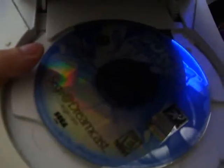and inside, of course, is Sonic Adventure, the game that came with it, or the game that helped introduce it. Now you might say to yourself, well, why do I have a Dreamcast? Well, believe it or not, it's for collector's reasons. I was living in Kansas at the time, and I always wanted to buy a Dreamcast. I always wanted to play the Dreamcast. But I never could afford it because when this thing came out, I think as many of you know, it was a very expensive game